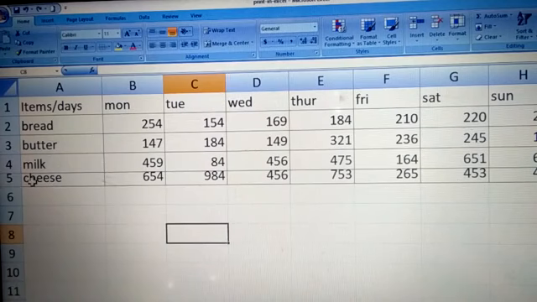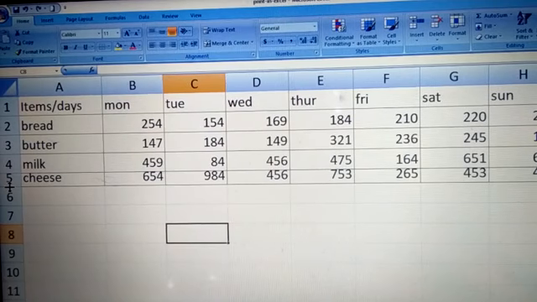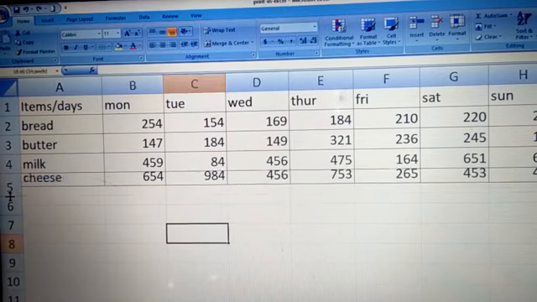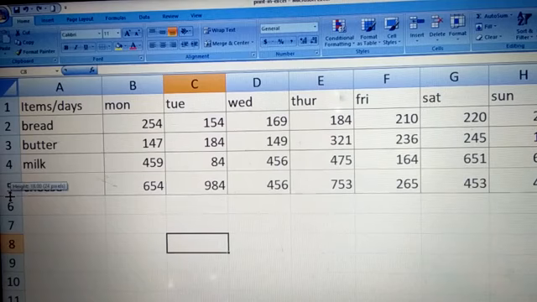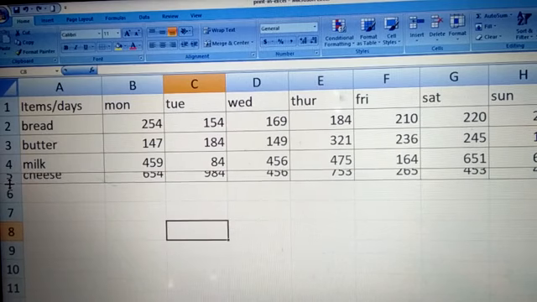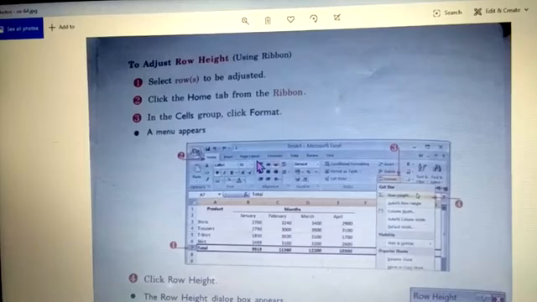So see the last one. Here I will bring my mouse pointer here. And see, my mouse pointer changes from this to this, right? Two-headed arrow. Now, if I want to increase, I will just drag it down and it will be increased. Or if I want to decrease the height of the row, I will decrease like this. Fine. So this is how you adjust with the mouse.